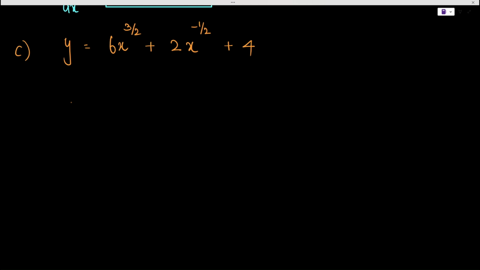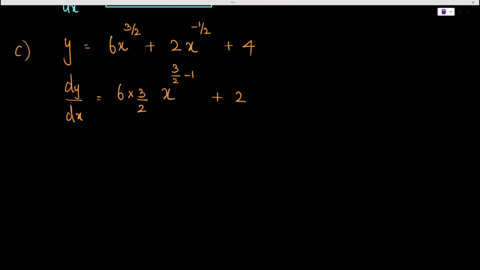Now, when we differentiate here, we have dy by dx is equal to, so the power of x here is 3 over 2. We multiply that by 6, and so that is in front of x, and then we have x to the power of 3 over 2 minus 1,